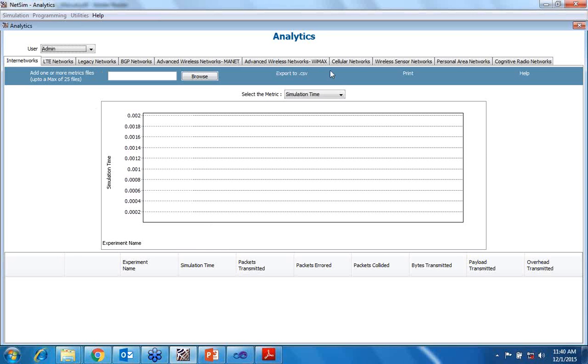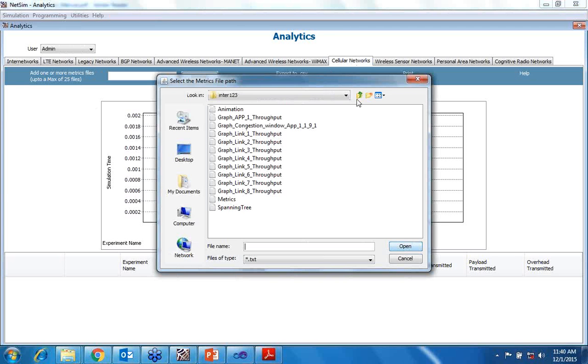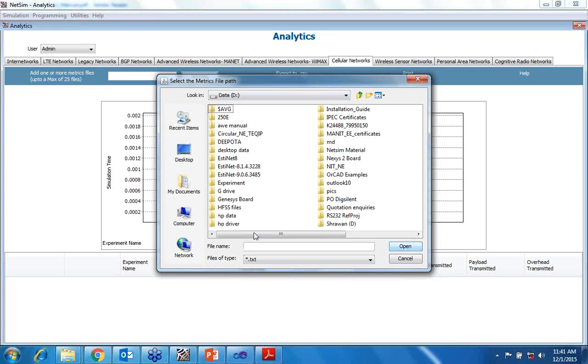Here we have chosen the cellular network, and you can browse these metrics files from here.